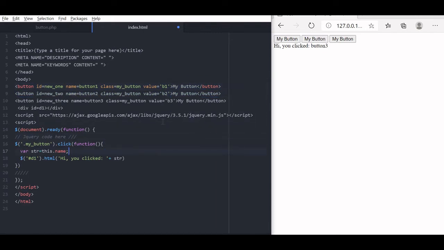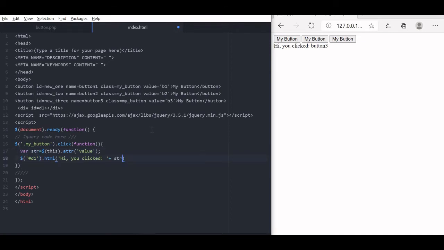So instead of this way, we will go to select this, selected this dot attribute. Now the value we are taking, value attribute, we will put it under quotes. So we are reading the value attribute now, storing it in the variable str and displaying it here.